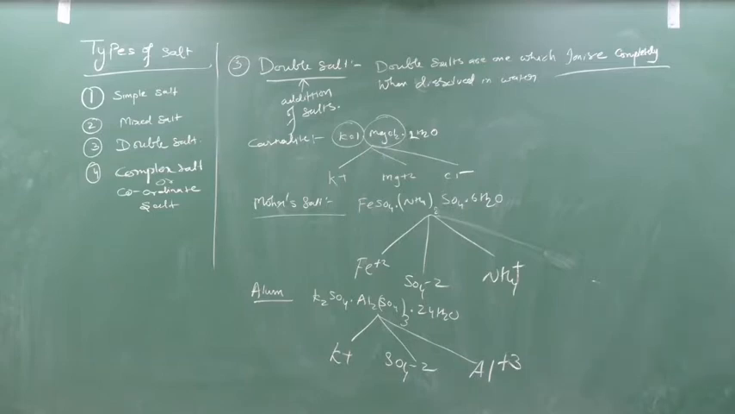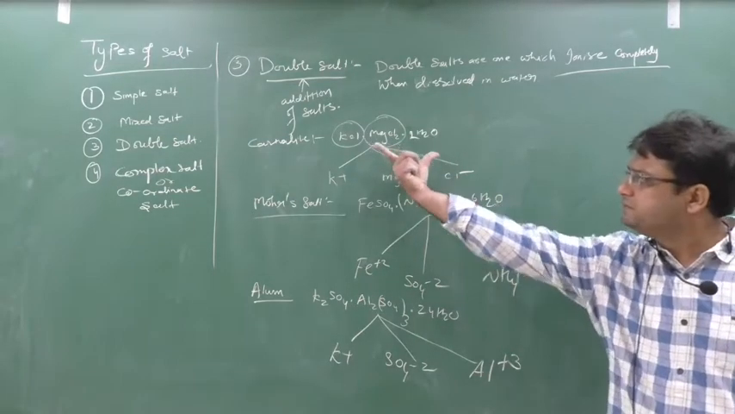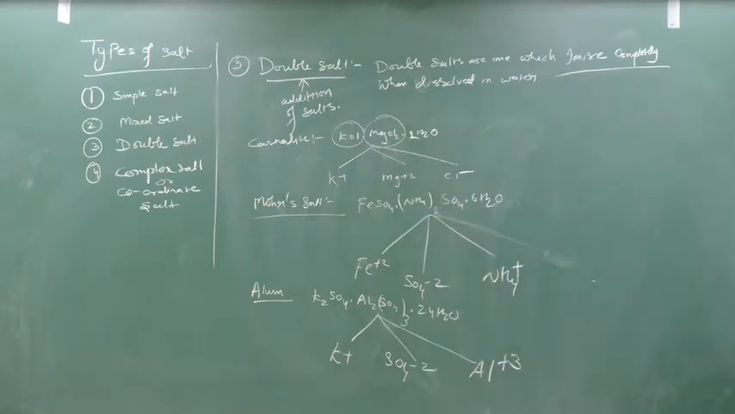Double salts are those which ionize completely in water, or double salts are salts in which two or more different kinds of salt combine together to form a single unit. See, this is called a single unit. It's a magnesium ore. Clear? But the definition of a double salt you should remember is that it ionizes